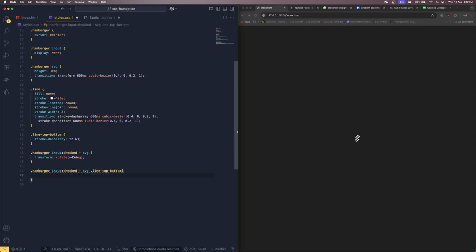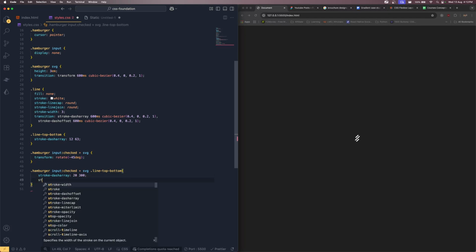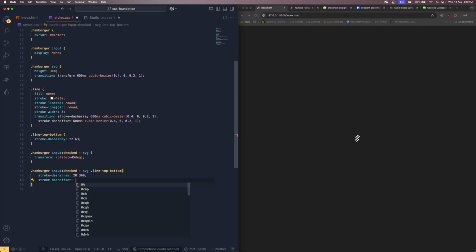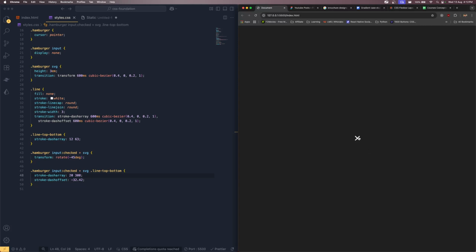I just need to say stroke-dasharray. So the stroke-dasharray needs to be 12 300. Then the stroke-dashoffset needs to be minus 32.42. Save it. That's how it looks. Now you can see if I click it, it looks like that. Look at that. See? So that's the hamburger menu icon which we want to create with a simple CSS animation